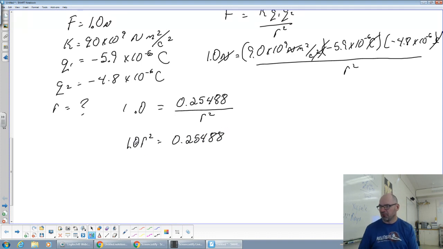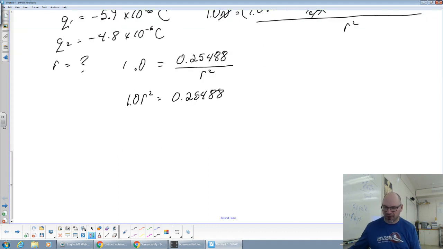So simply put, anything times 1, you divide by 1 is going to be the same thing. So we have to take the square root on both sides. So square root it. And this is going to be in meters because we have square meters left. And then when we root it, it's going to be left in meters. So then we get,